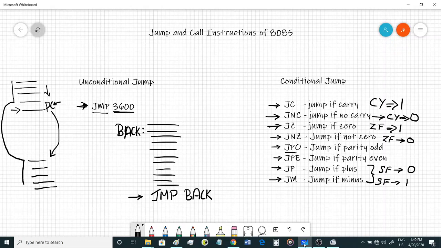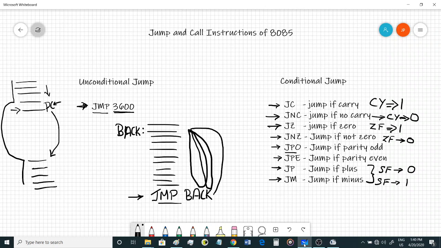Again it will come to back, again it will go to this memory location, and execute all the instructions, and then again it reaches here, again it jumps back, which means that it forms an infinite loop, because there is no condition that we have specified. It just has to go back.